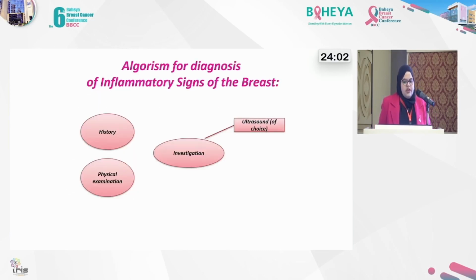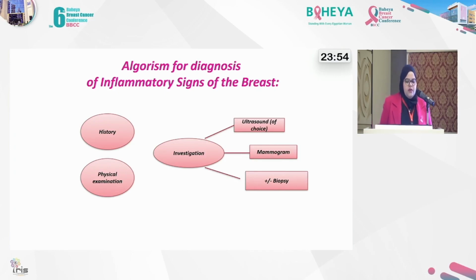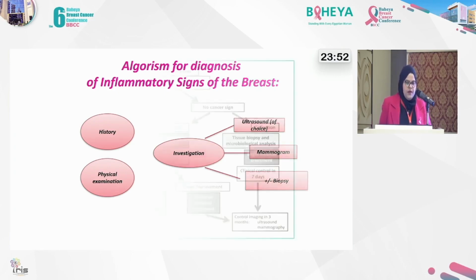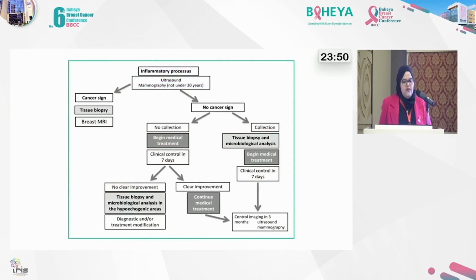How to diagnose the inflammatory sign of the breast? The algorithm for diagnosis includes a history, physical examination, and investigation by ultrasound or mammogram, plus or minus biopsy. As we show in this slide, if a patient presents with the inflammatory sign of the breast, the first investigation modality is ultrasound and mammogram, and if we find a cancer sign, tissue biopsy is mandatory, plus or minus breast MRI in selected